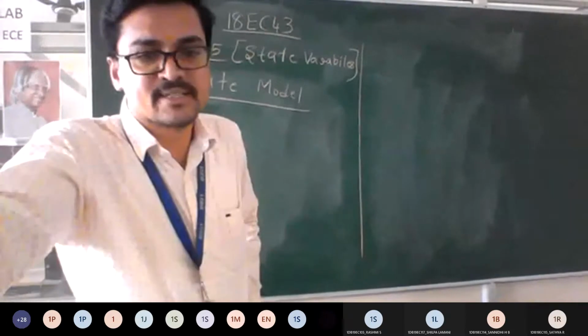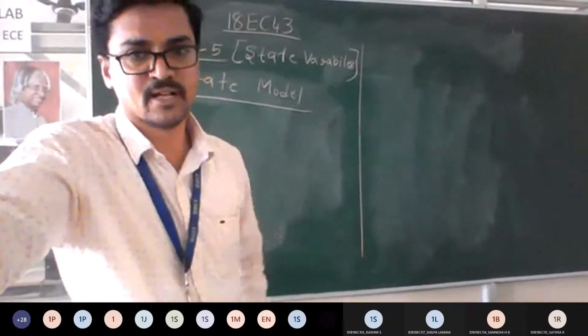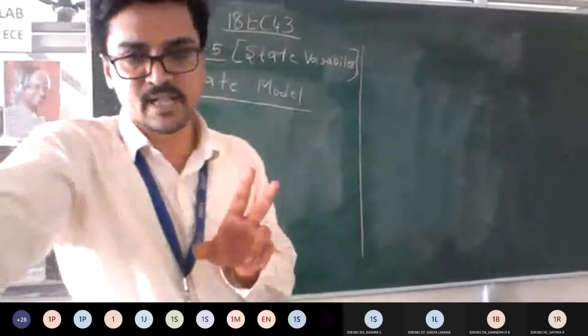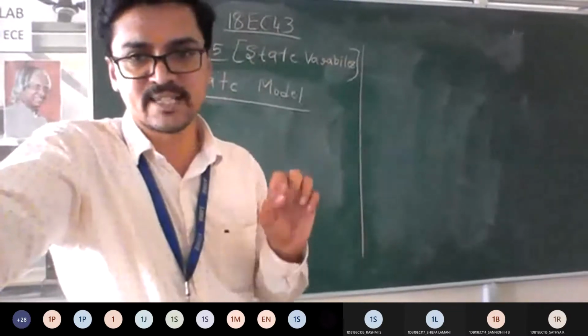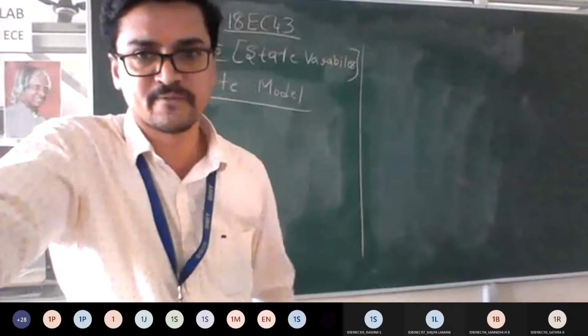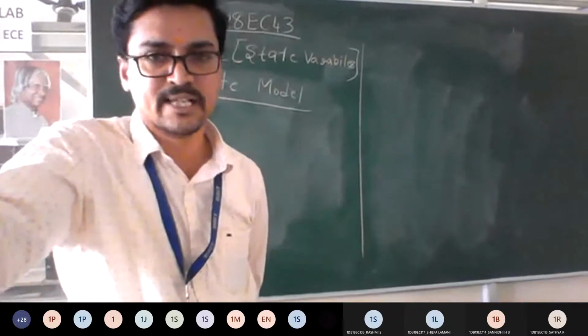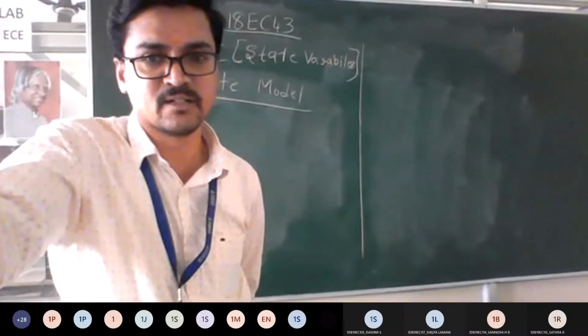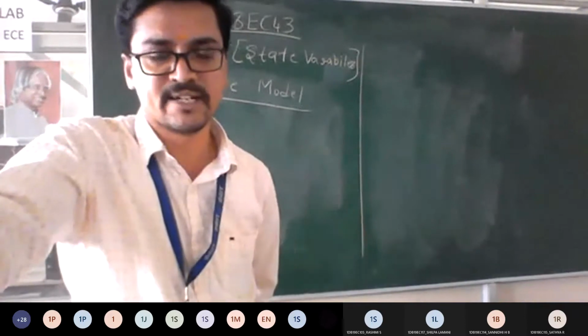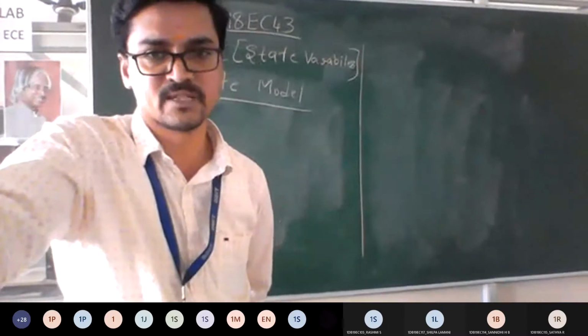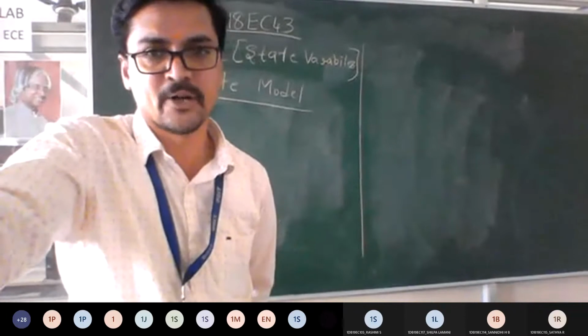So take it as state model. Let's try to define this, then we will go with the derivation. The two major concepts in this model are the state model and the state transition matrix. So you can expect two questions for 10 marks directly. If they don't ask for 10 marks, you can expect 6 to 8 marks for a derivation or an advantage and the basic definitions from this topic.